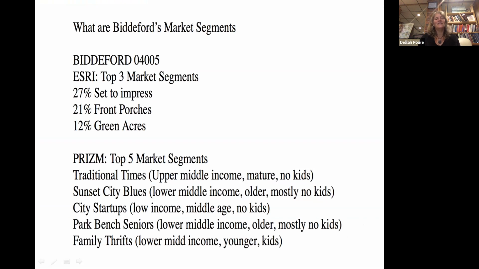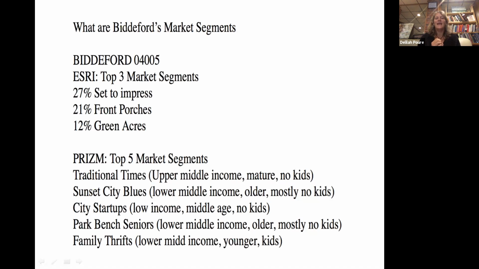Here is just a little summary from two online sites that you can use. The top one is from Esri, ESRI, and the other is Prism. Those are both platforms where you can get information about your community in terms of psychographics. And the psychographics are attitudes, aspirations of people in your community, and usually by these two companies anyway, kind of